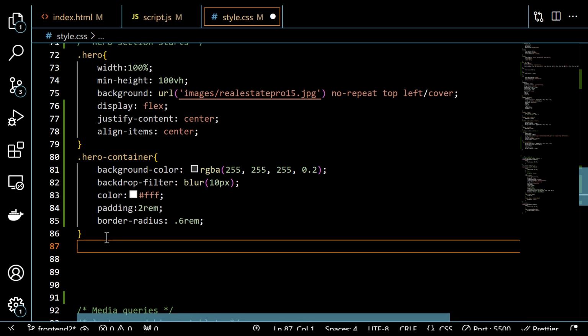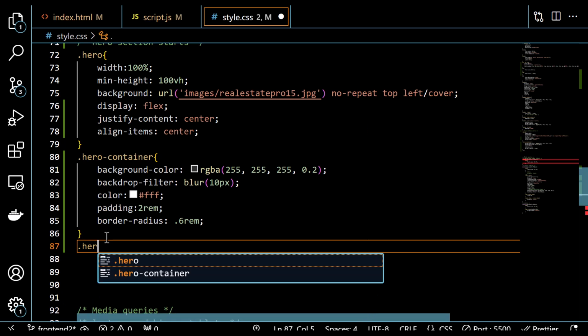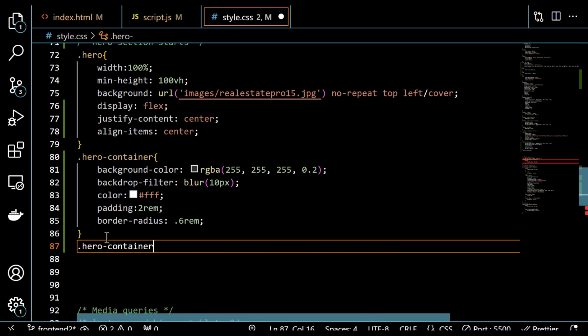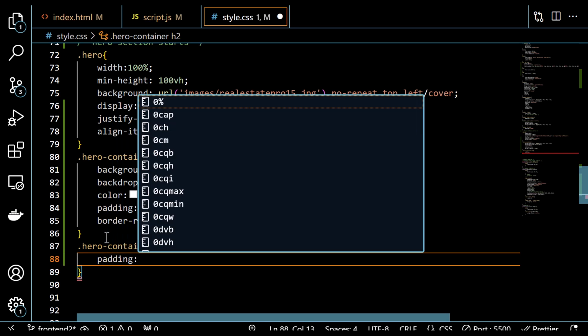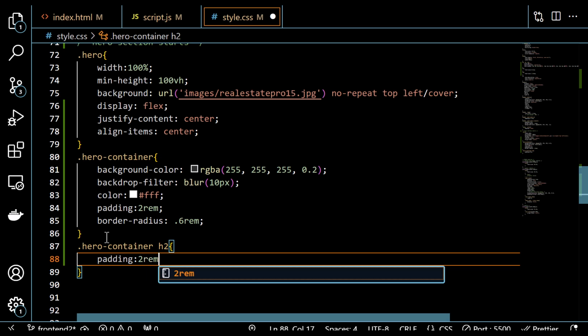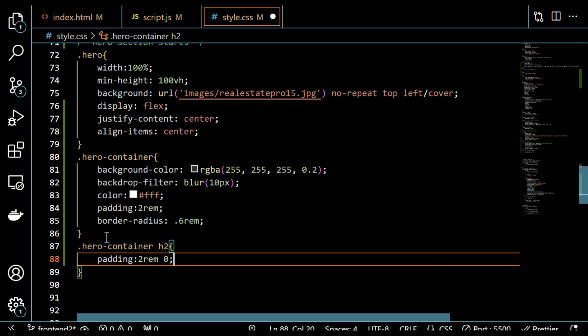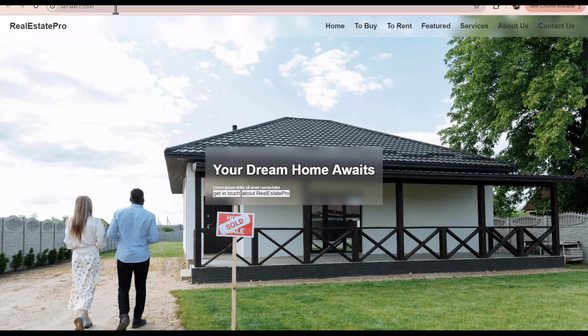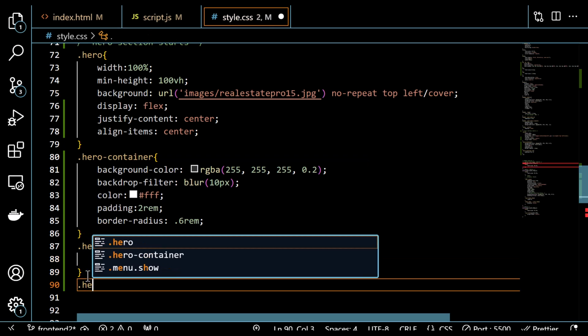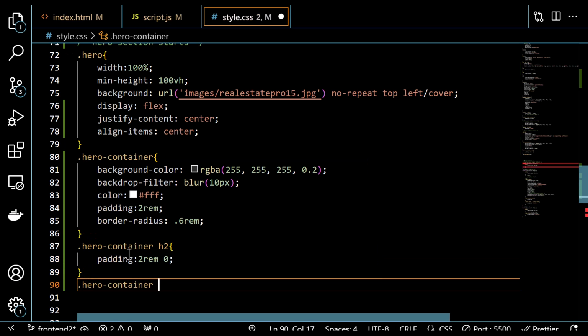Now for the H2, which belongs to hero container, so hero container and then H2, we have to give it padding all around. So top and bottom, let's make it 2 rem, and left and right we don't need, so 0. Okay, that's good. Now let's target this paragraph. So hero container and then P,